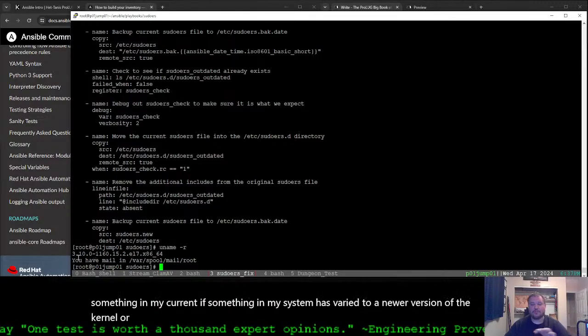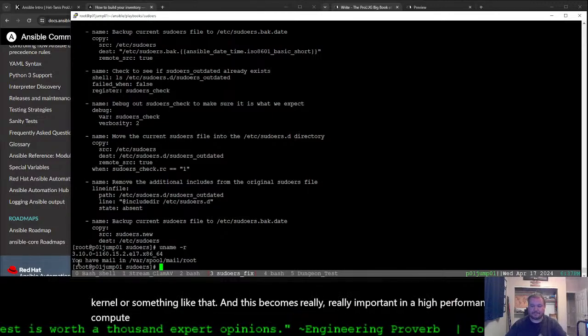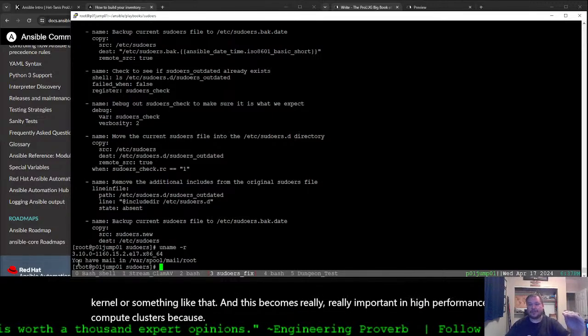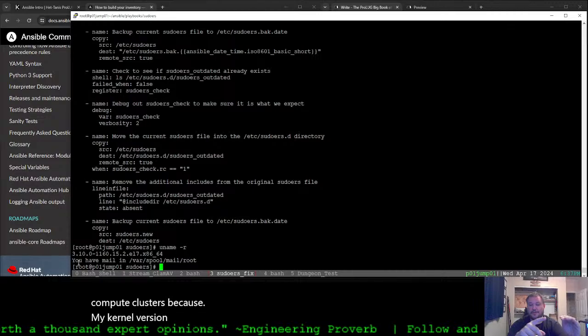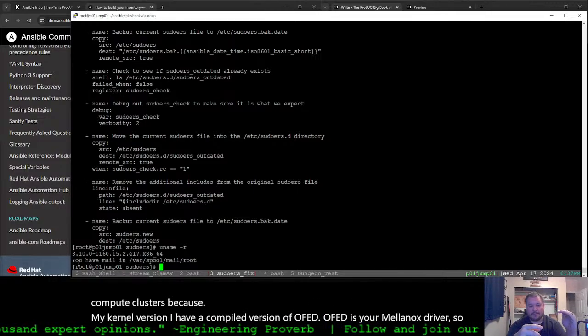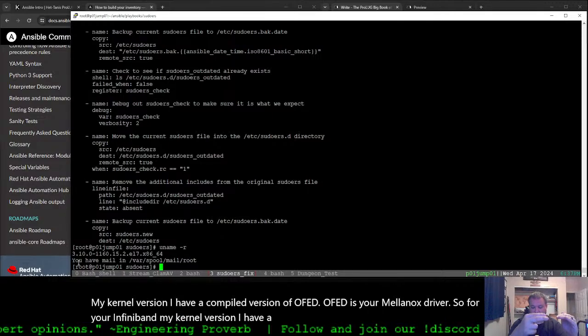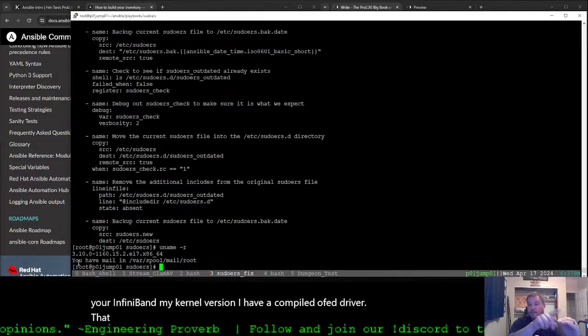And this becomes really, really important in high performance compute clusters, because my kernel version, I have a compiled version of OFED. OFED is your Mellanox drivers for your InfiniBand. My kernel version, I have a compiled OFED driver that runs InfiniBand for that kernel.